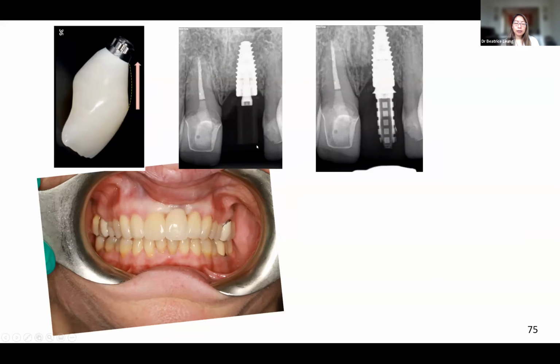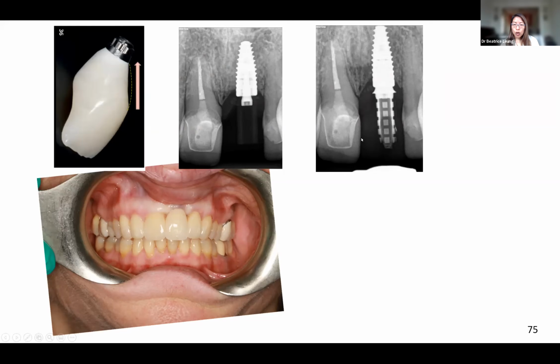So in this case, I actually digitally scan the case. So you can see this is the scan body. I scan it and I had the lab make it. I just didn't have the time to make it chair side. I thought the lab can make it nice and pretty. And so this is the temporary implant